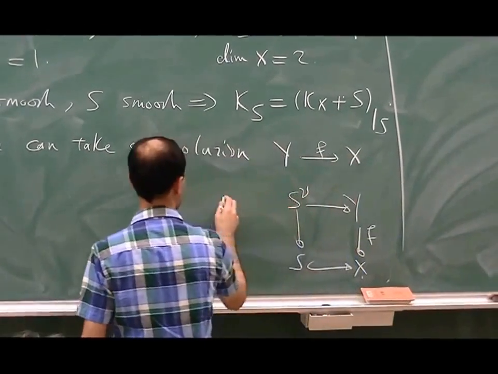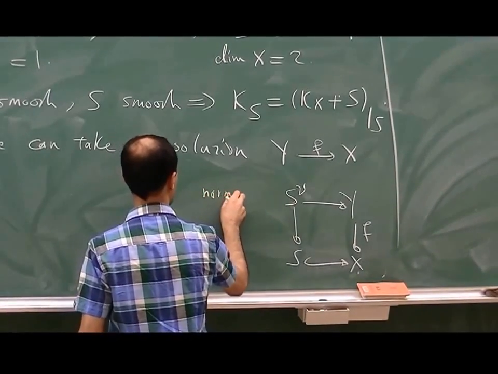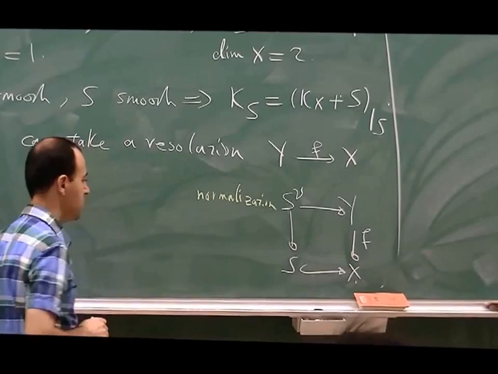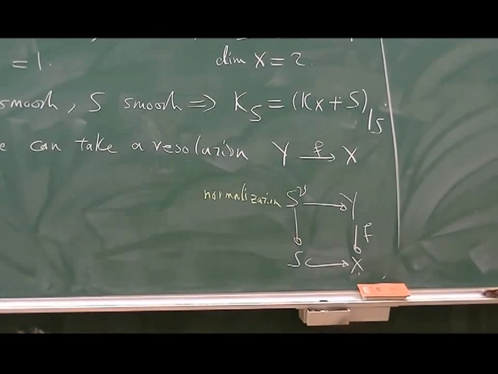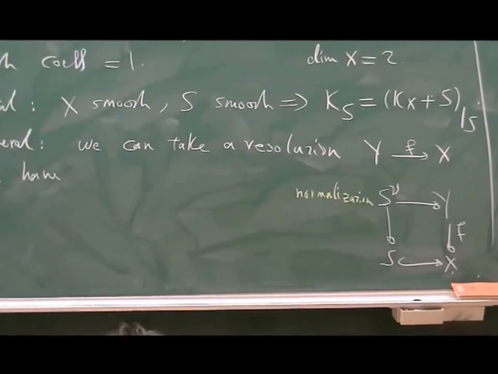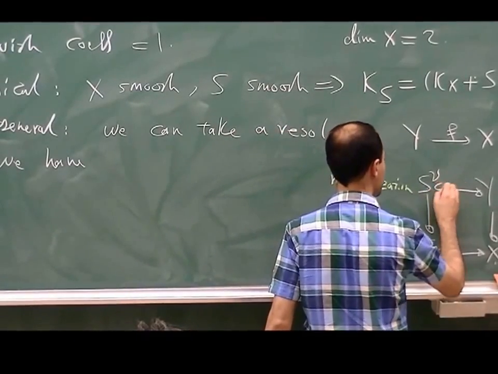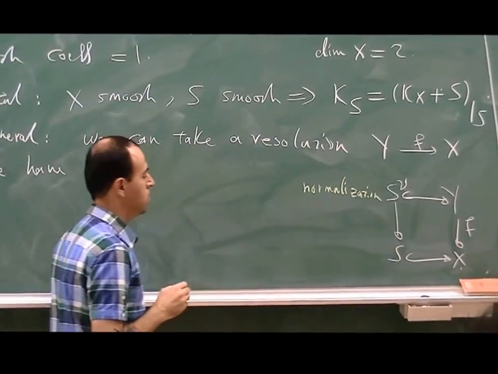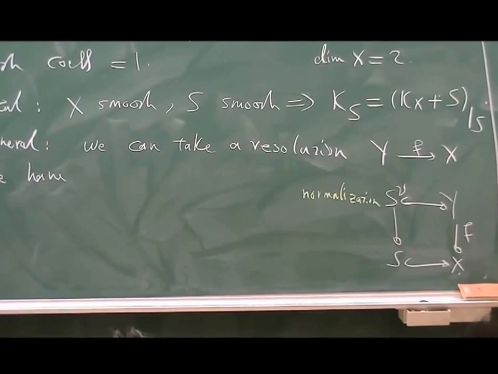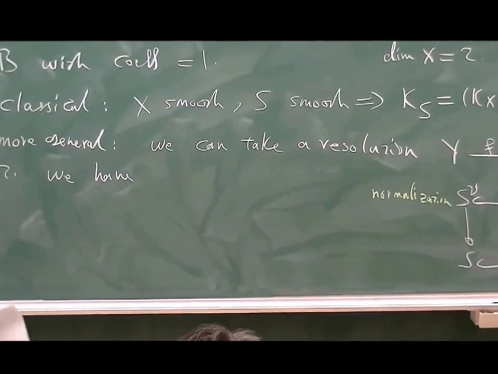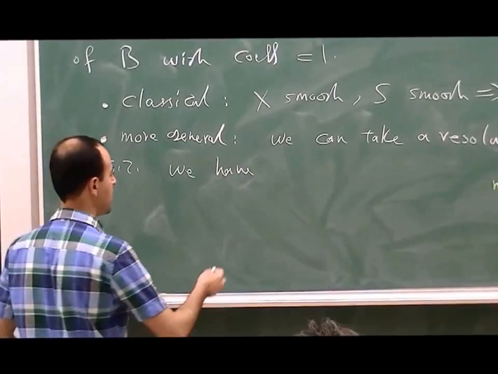So this guy is just the normalization of S. For curves, resolving singularities is the same as taking normalization. So I have a diagram of this form, but moreover, this sits also inside Y. So this is just about resolving singularities. There is nothing so special about it, and such that